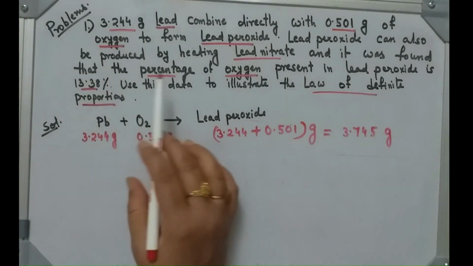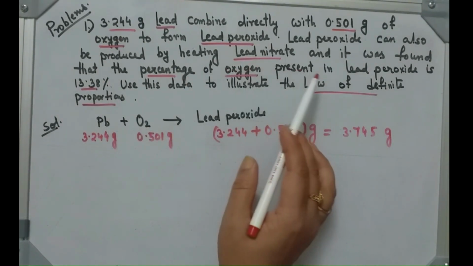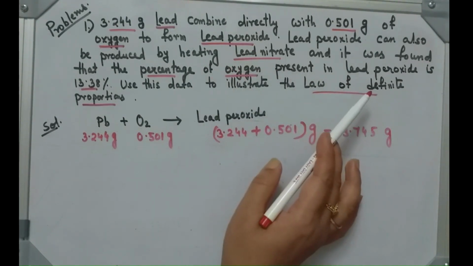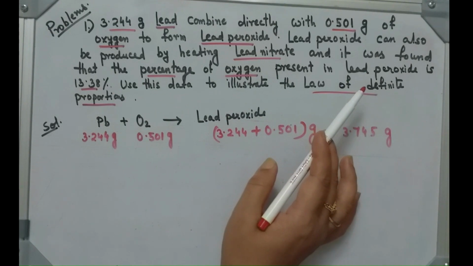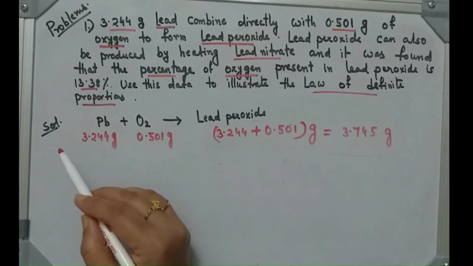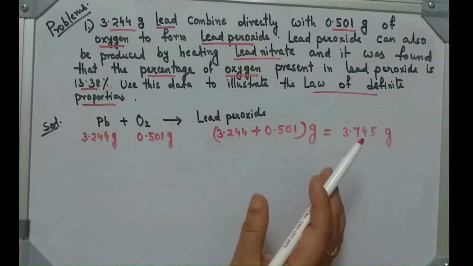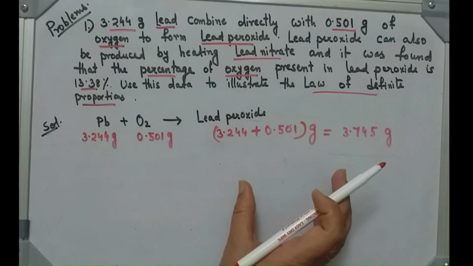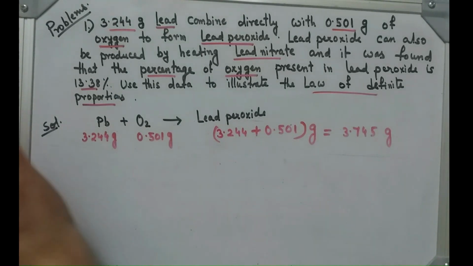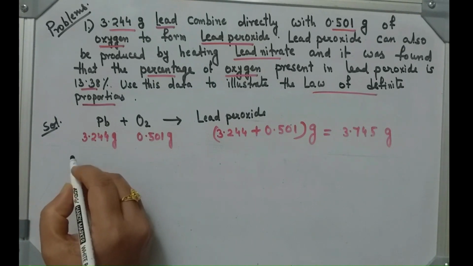Now in another method, we are getting lead peroxide also. By another method we are getting it. Okay. And their percentage of oxygen is given. So from the first method also, whatever lead peroxide we are getting, their percentage of oxygen we can calculate. How will you calculate it? You can write